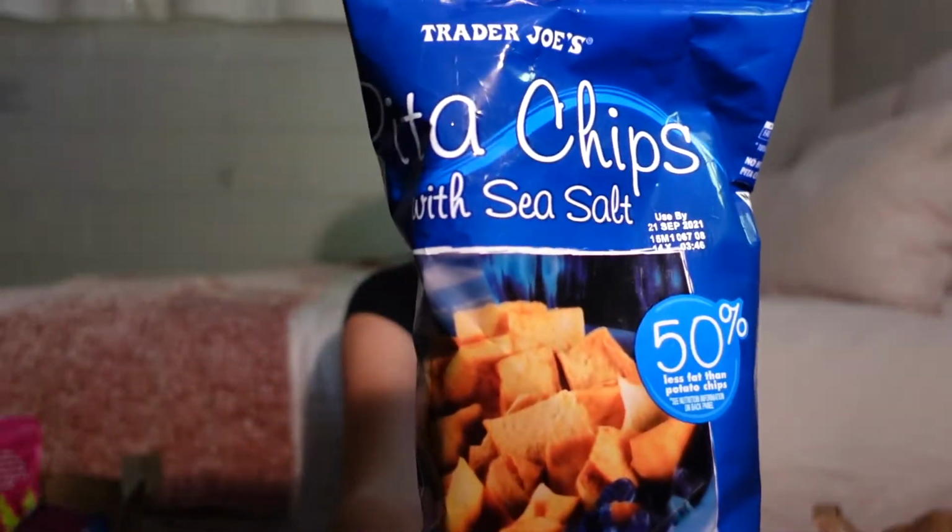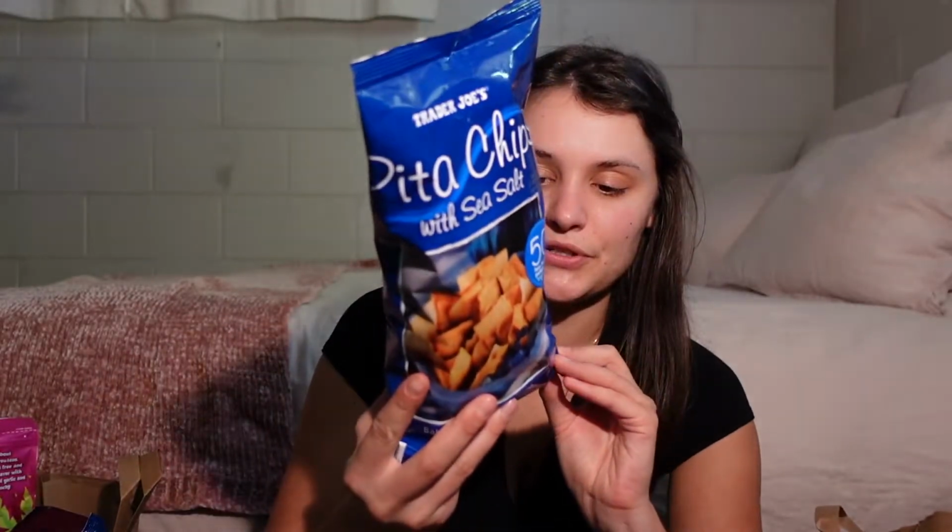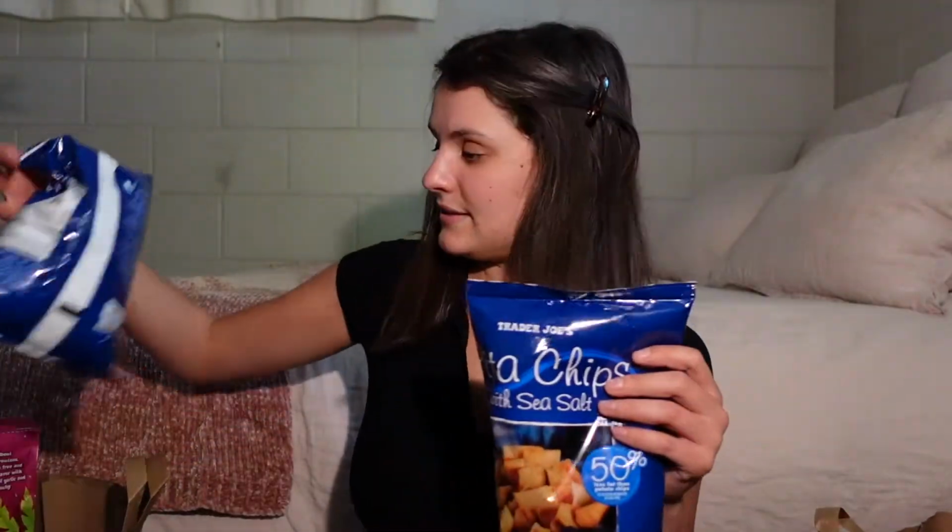Next thing in the snack department. So there's lots of brands of pita chips. I've tried a lot. Some are better than others. I like the ones that are really heavily seasoned and really baked. Some of them are more kind of natural and they just don't taste like anything. They don't do it for me. But these ones are really good. They probably have a ton of salt on them. But they're totally vegan. I got 2 bags because